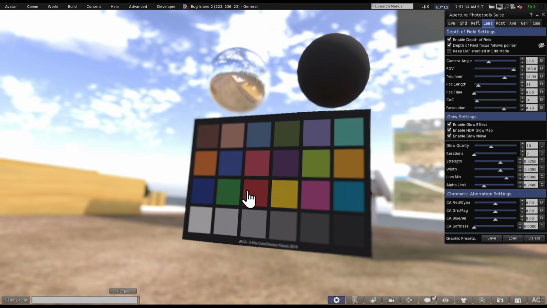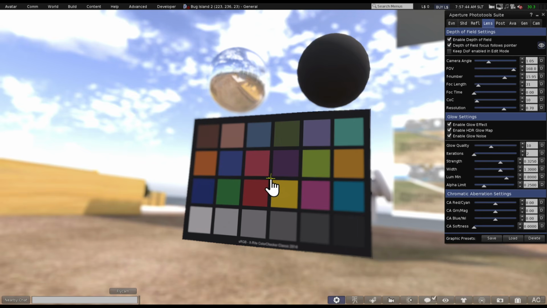And you can also control the position of your focal plane by moving your mouse over the screen, and it will determine where your focal plane is. And you can see where that focal plane is by turning on this little eyeball, or eye icon. And this is a nice little feature developed by Beq Janus, I think that's how you pronounce their name,